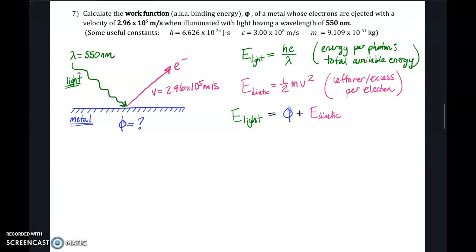In this situation, we know what the energy of the light is going to be because we can calculate it. So we don't really want to leave it written this way, because we're not trying to solve for the energy of the light. We're trying to solve for the work function. So if I rearrange this equation to solve for the work function, it is going to equal the energy of the light minus